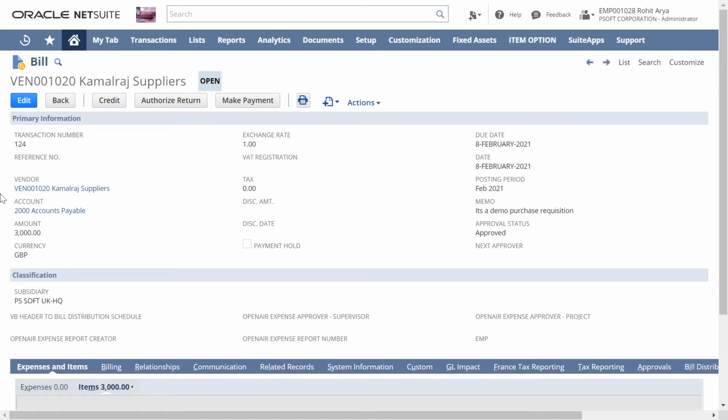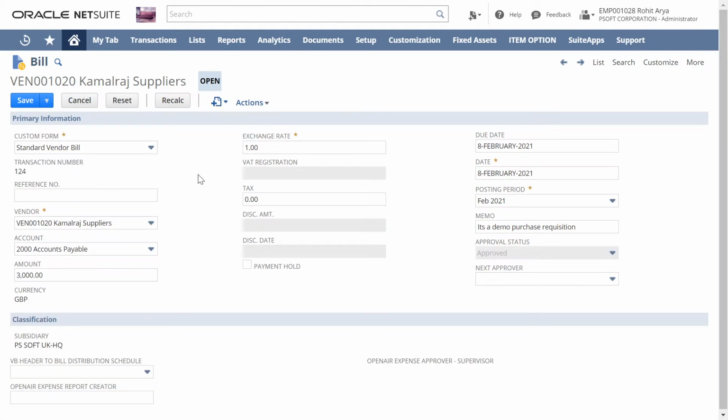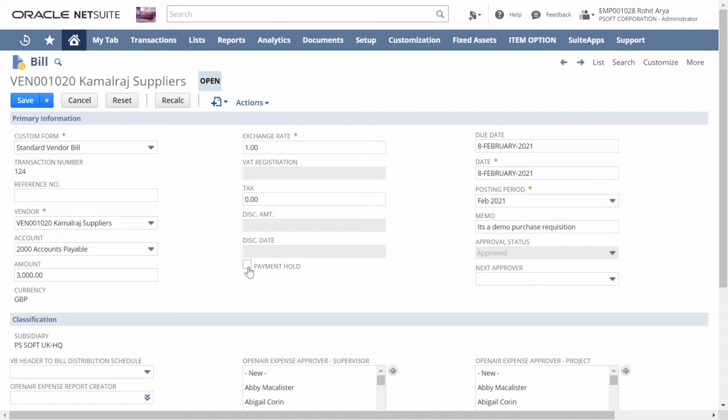So let's begin. We will click on the edit tab. And now we will be checking the payment hold button and we will save the invoice.